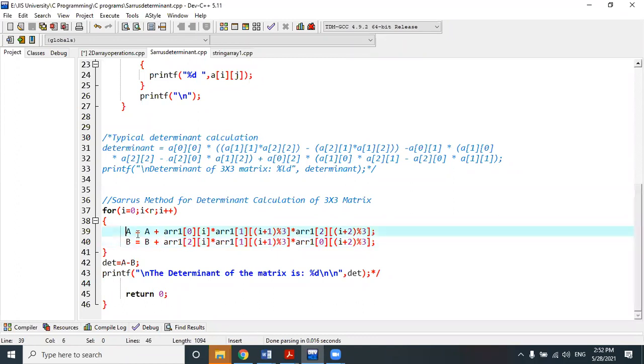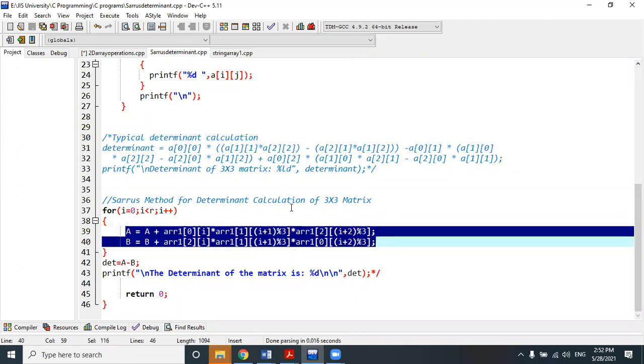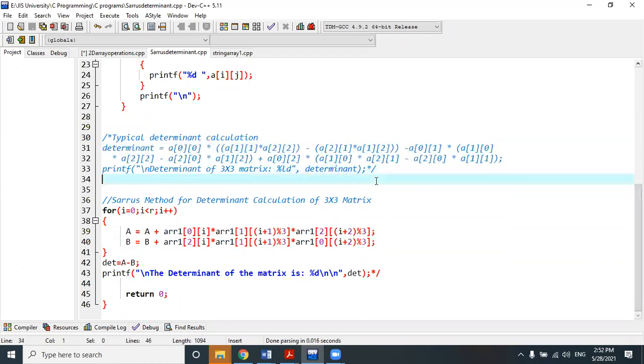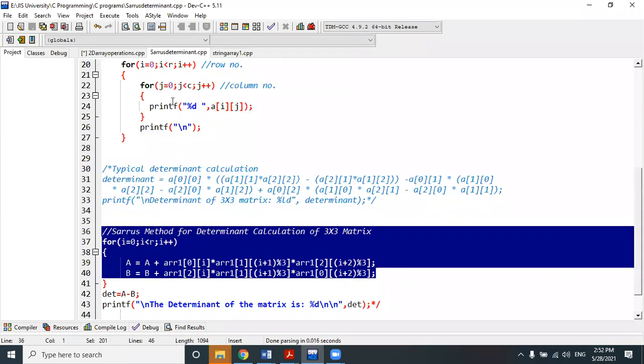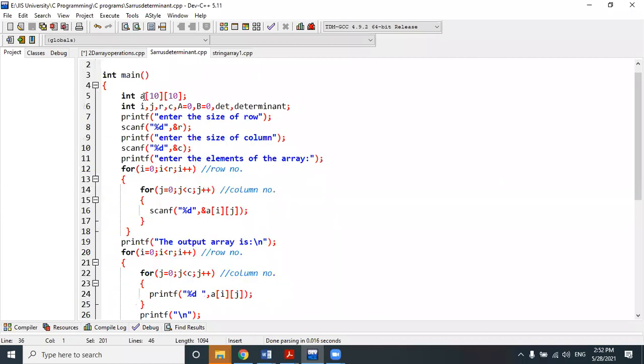Obviously, the number of instructions is much less in Sarrus method. It is applicable for a maximum of 3 cross 3 matrix, and I have used a generalized representation of the Sarrus method here.